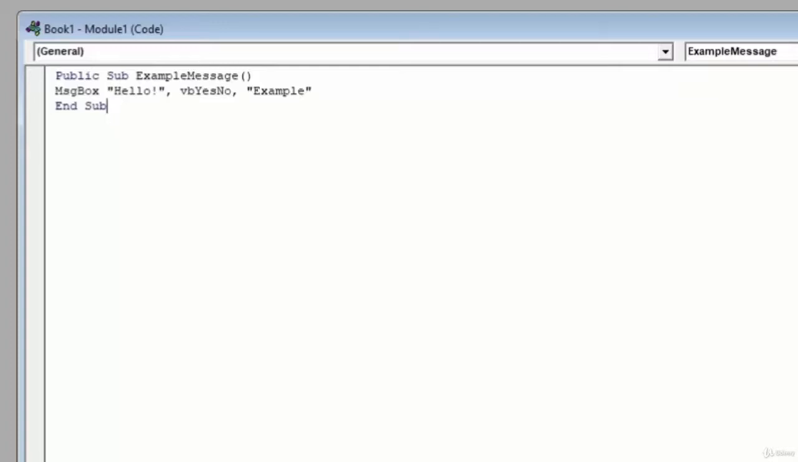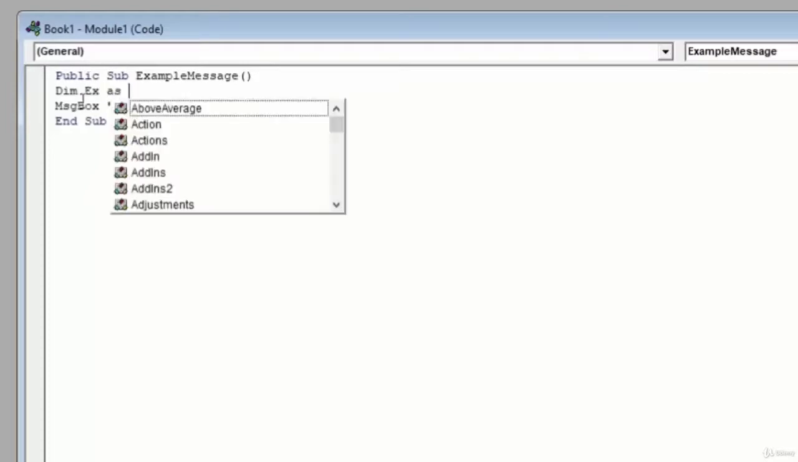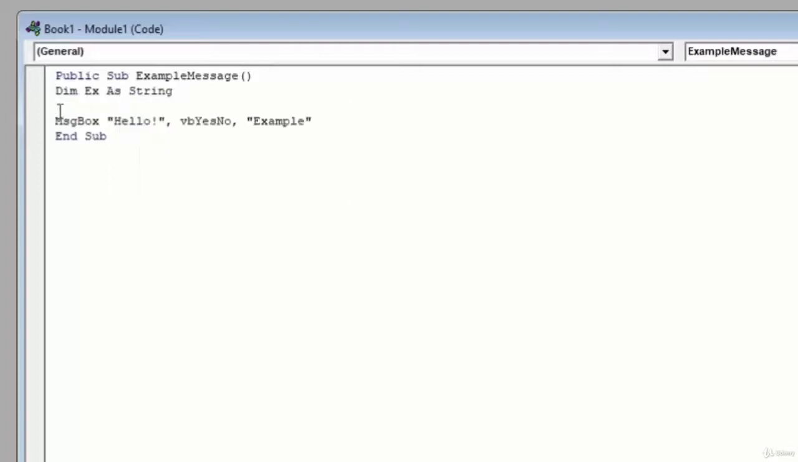An input box takes a piece of information that the user types and provides and stores it in a variable that you predetermine. As an example, let's create a variable by declaring a variable we'll call EX, and we'll say this variable is a string, which means text. Now to assign a value to this variable, we'll type EX equals, and instead of typing our usual piece of text surrounded by quotes, we're instead going to type InputBox,